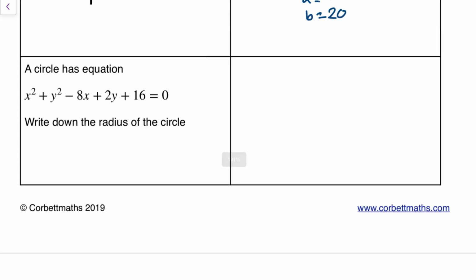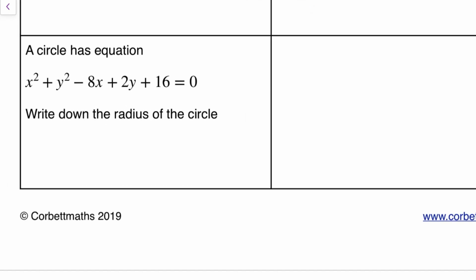Is that it? No, actually one more question today. Final question. A circle has equation, write down the radius. Okay, pretty standard skill, and depending on what your textbook is and how it's taught, pretty much one of the first things I do once I've talked about what the circle is. Really common question. So I'm given an equation which appears to have too many x's and y's in, but if